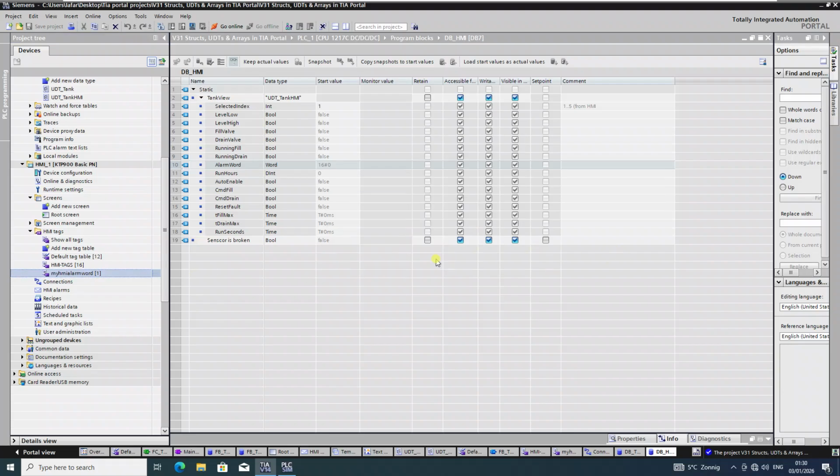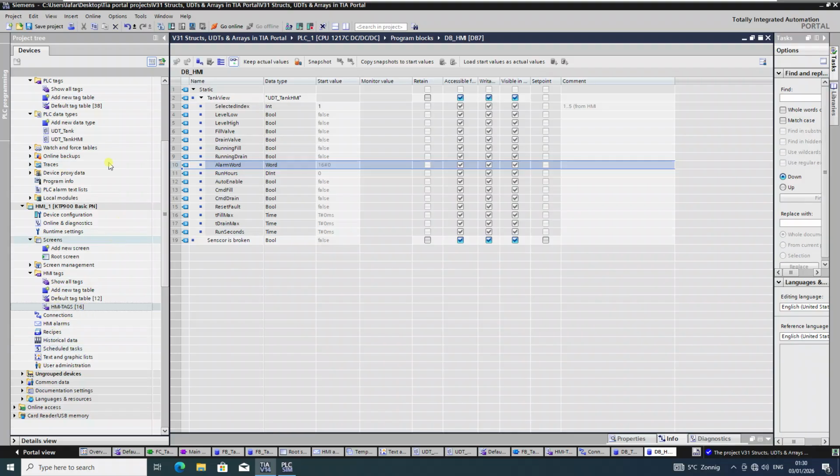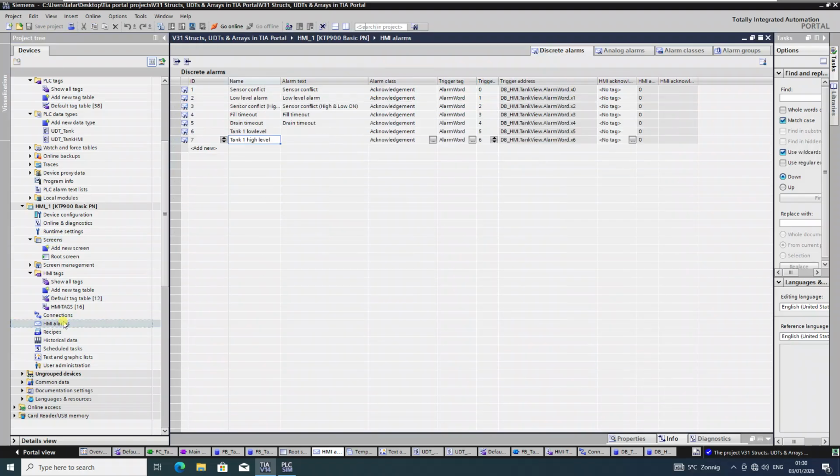I have already explained once how to make a connection between two tags, so now we don't worry about that. We're going directly to alarms. We create 7 alarms. We give each a name, we give it alarm text, we choose the alarm class, and then we choose